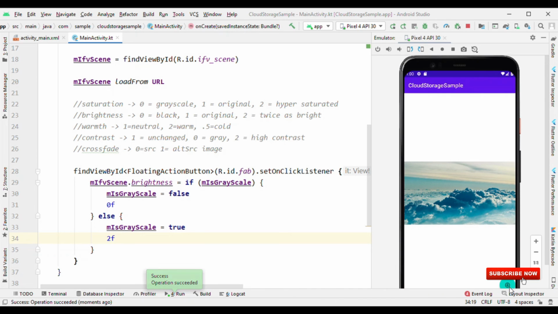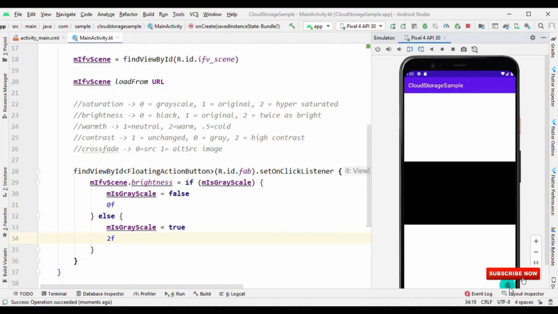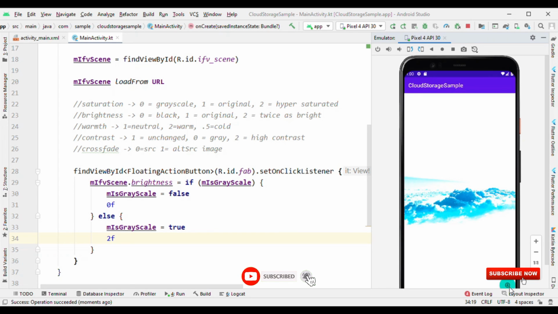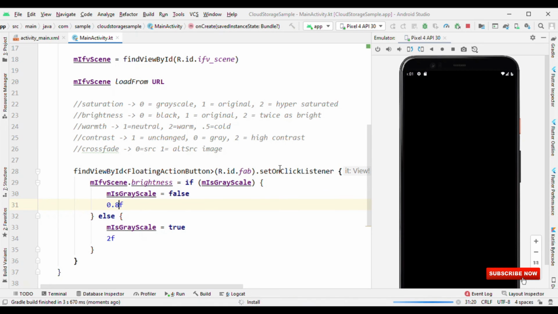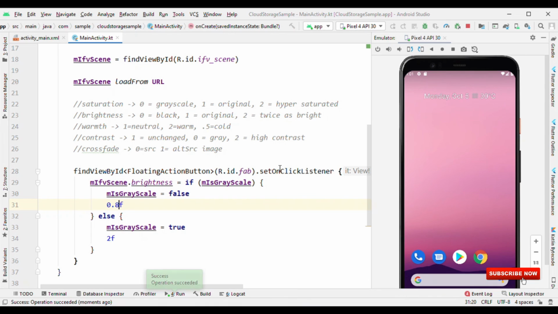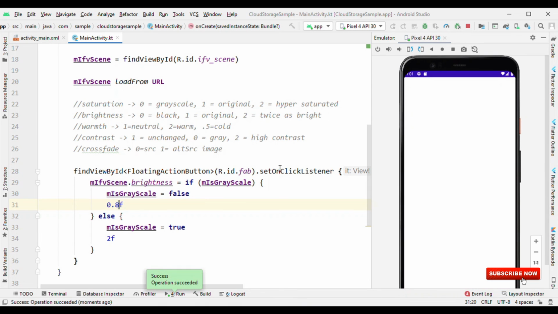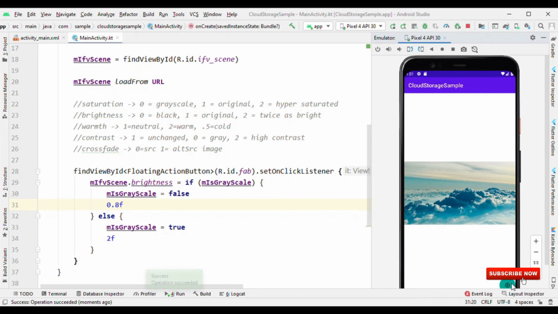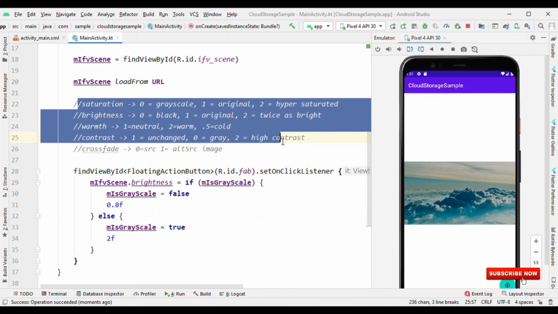So here, let me click on a button, and you'll see a very high contrast, and 0 is for black. If I do not want black, then I could give a value say 0.8, and you'll see a different brightness level apart from the black color. So 1 is like it's moving from black to the normal color, and here it is, extra bright, then low brightness. The same way you can play along with all sorts of values here,